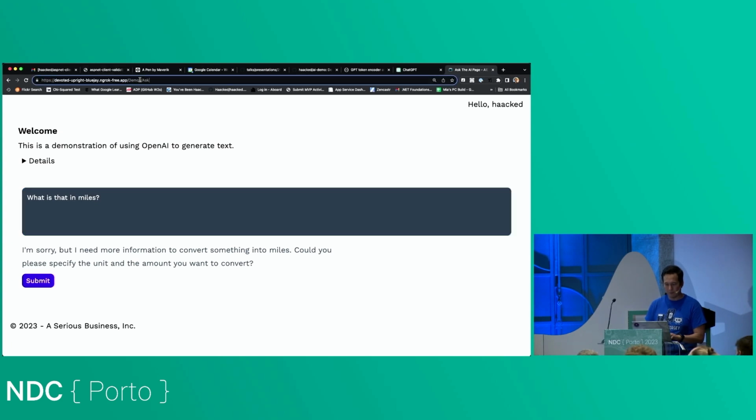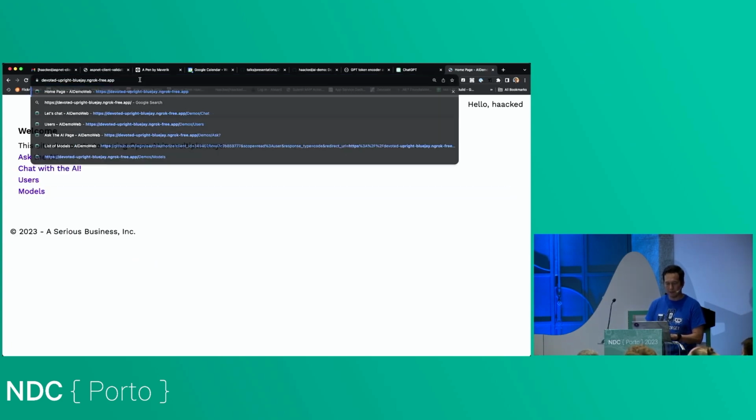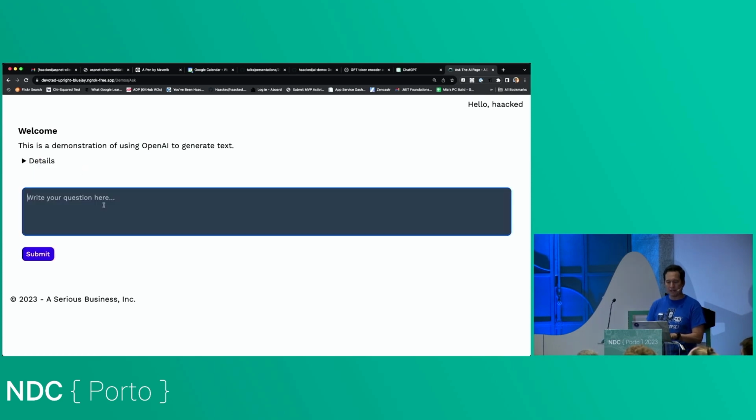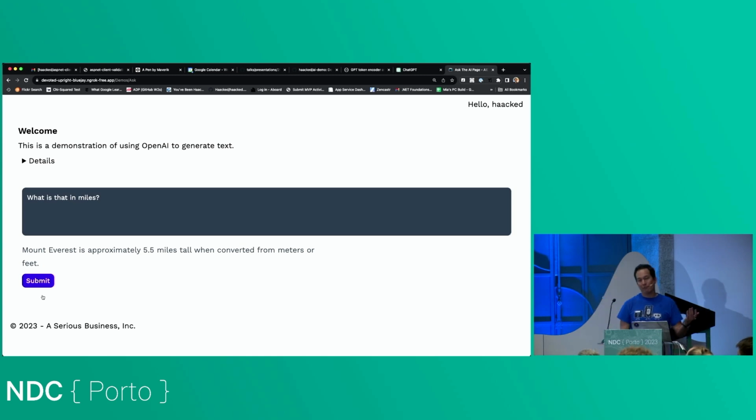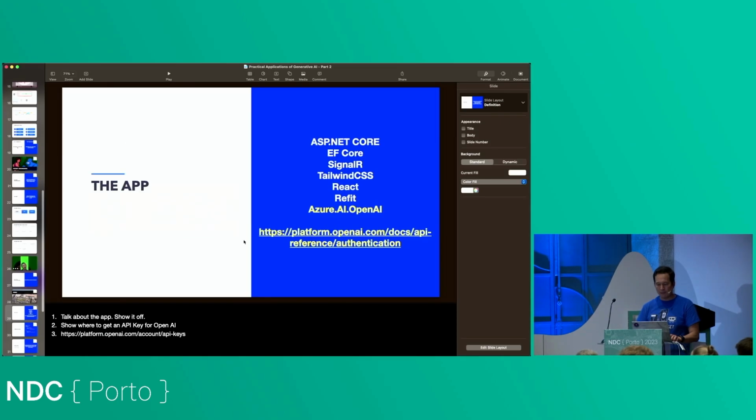So I'm going to have to, let's go back into here, ask the AI. So now when I ask, how tall is Mount Everest? And then I'm going to ask, okay, what is that in miles? And we should see that the state here is maintained. And it's going, oh, it's approximately 5.5 miles tall. So as you build your application, that's how you're going to maintain state. Now, again, in a real-world app, you're going to need to figure out how to truncate those tokens, right? That window.